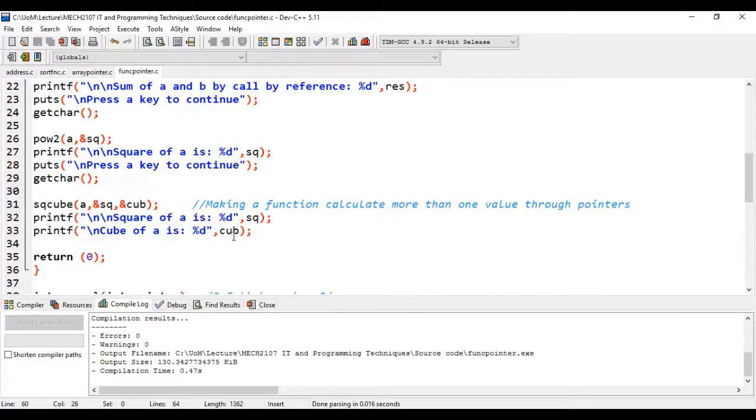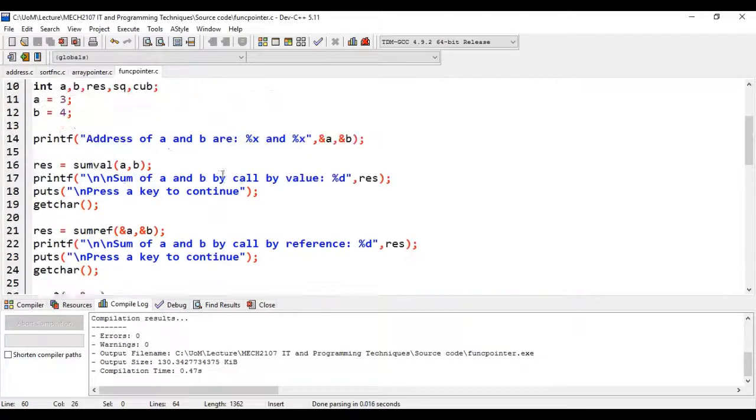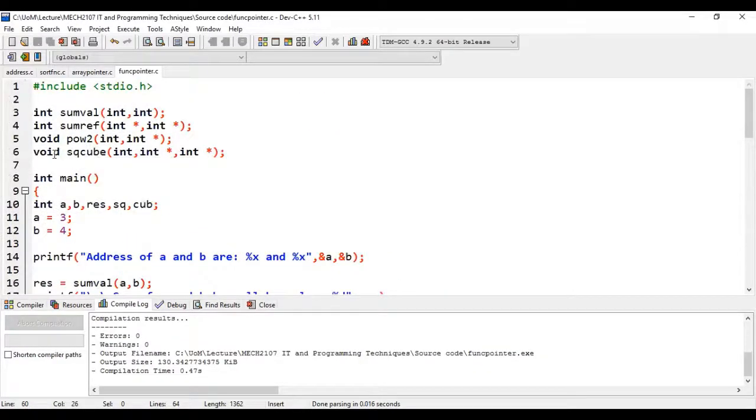This is a very powerful concept. This is how you can make a function calculate more than one value for you, and you can overcome the limitation of a function in C not being able to return more than one value. You can see the declaration of SQ cube is void. It's not returning anything, but still you're able to make it calculate as many values as you want by passing pointers to it. Simply because the pointer you're passing has an address, and the same address is found in your main and in your function. This is a very powerful